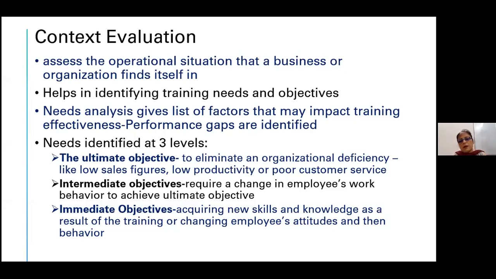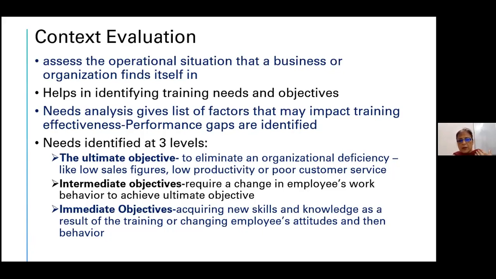Then the other level after that is the intermediate level. See the change in the employee's work, like how he is performing now and what you desire that he should learn. Actually, if you look at it closely, you will be able to align it with the levels at which training needs analysis is done, except that the nomenclature or the taxonomy is a little different.